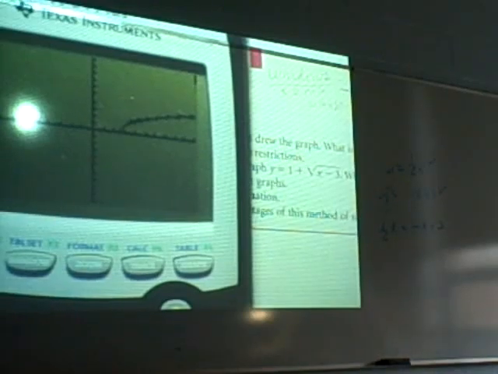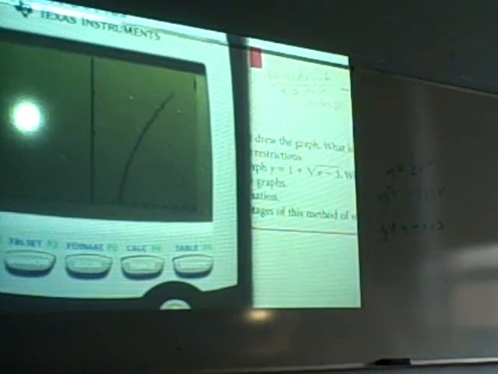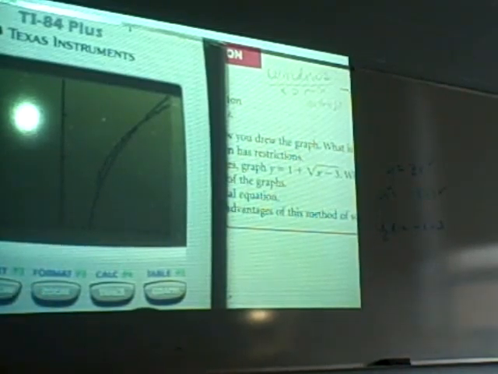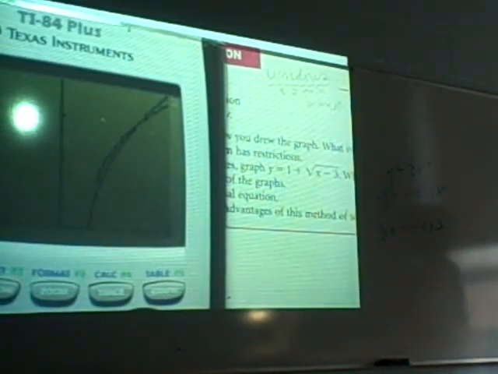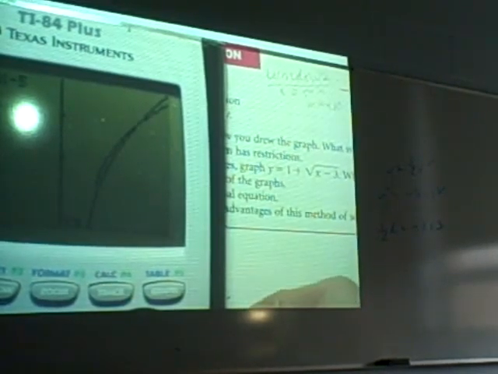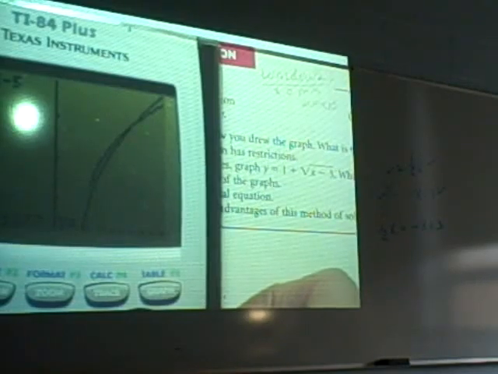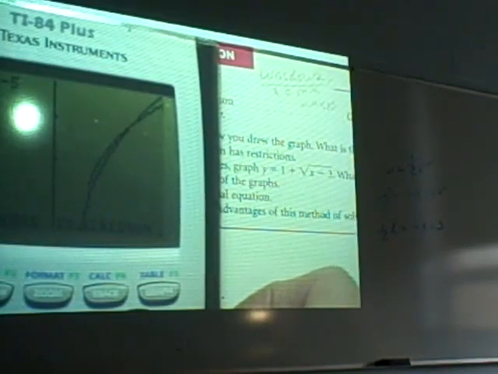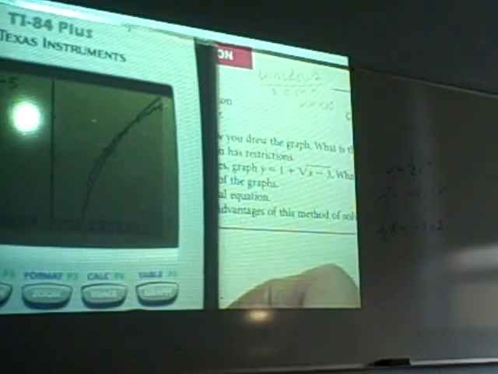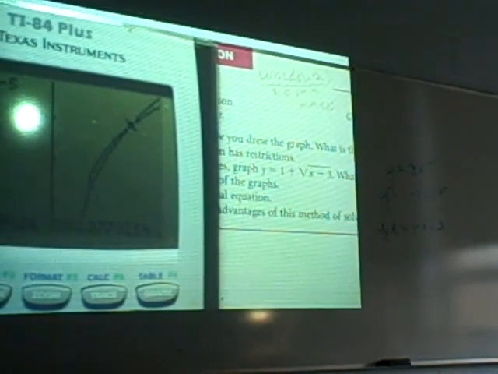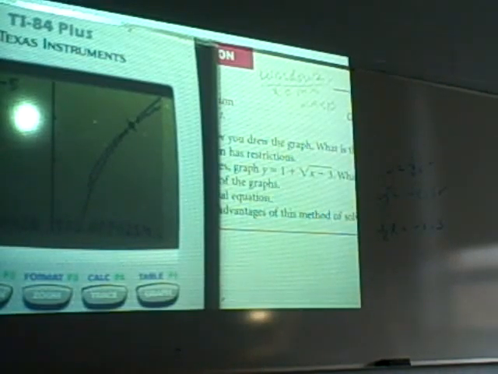Okay, so I can see that they're pretty close. And just like over here, what am I looking for? The intersection. So I could go probably with a trace. And let's see, where's my mouse? There it is. And it's somewhere in here, right? And I could do either an intersection, but the other thing that we haven't really talked a lot about is